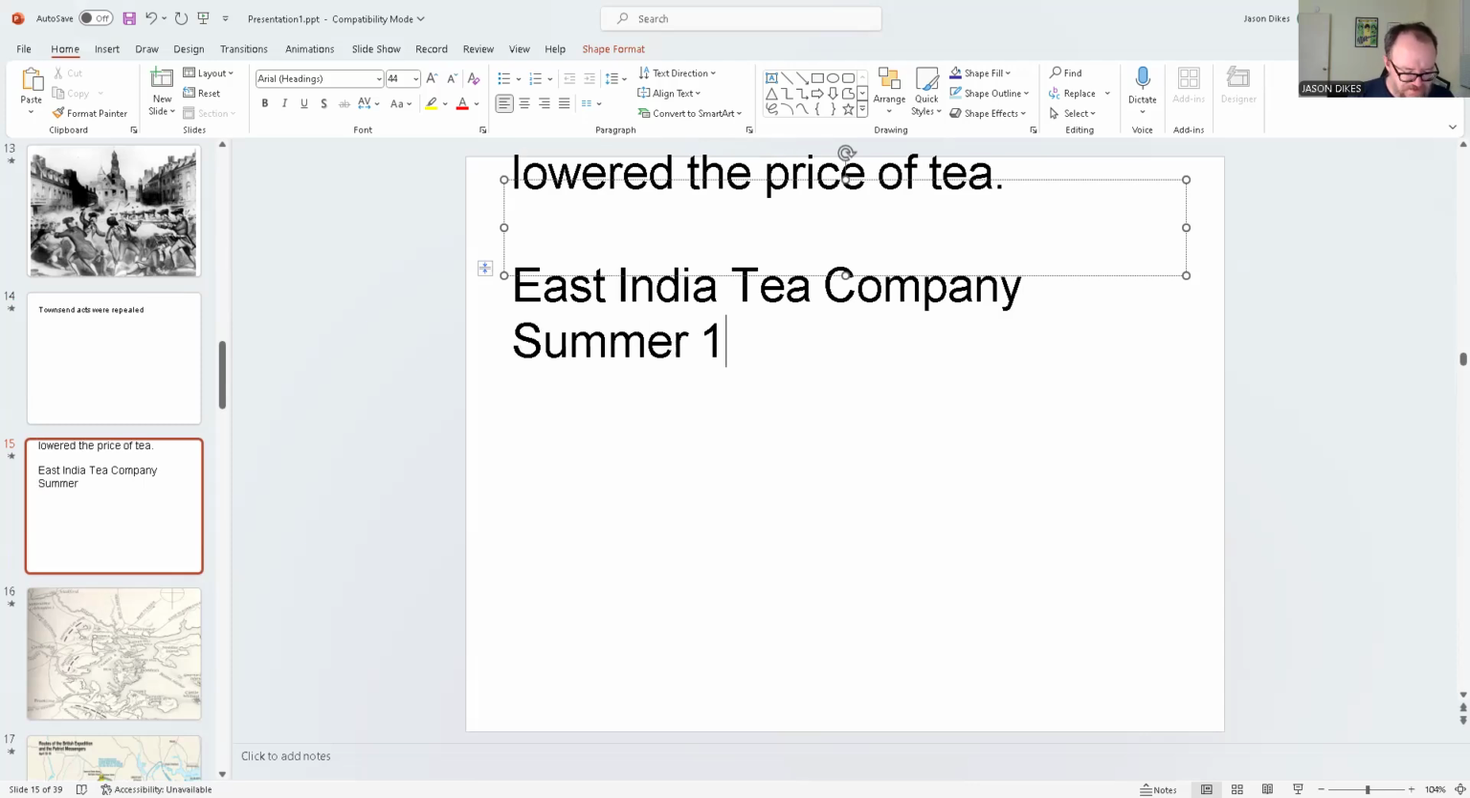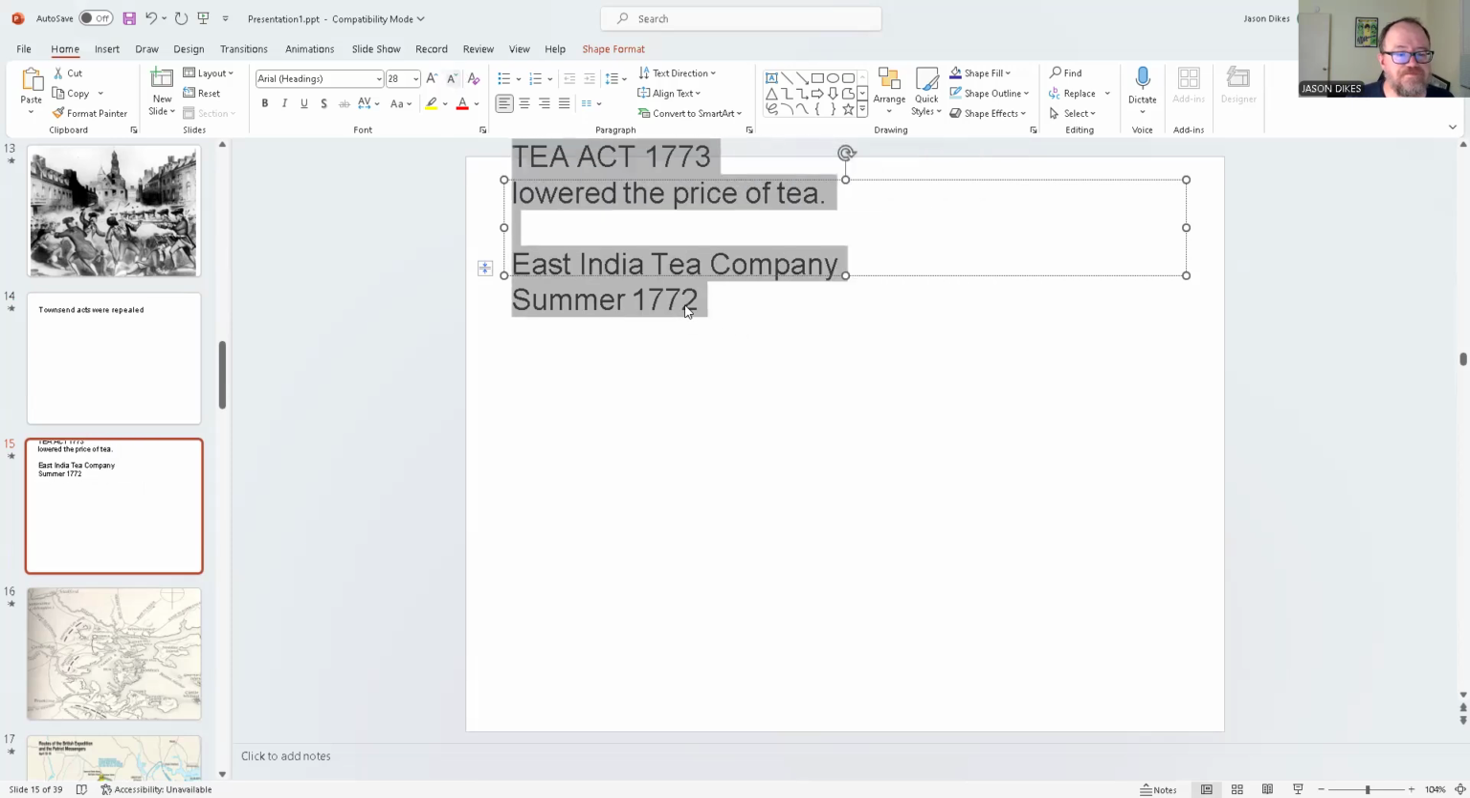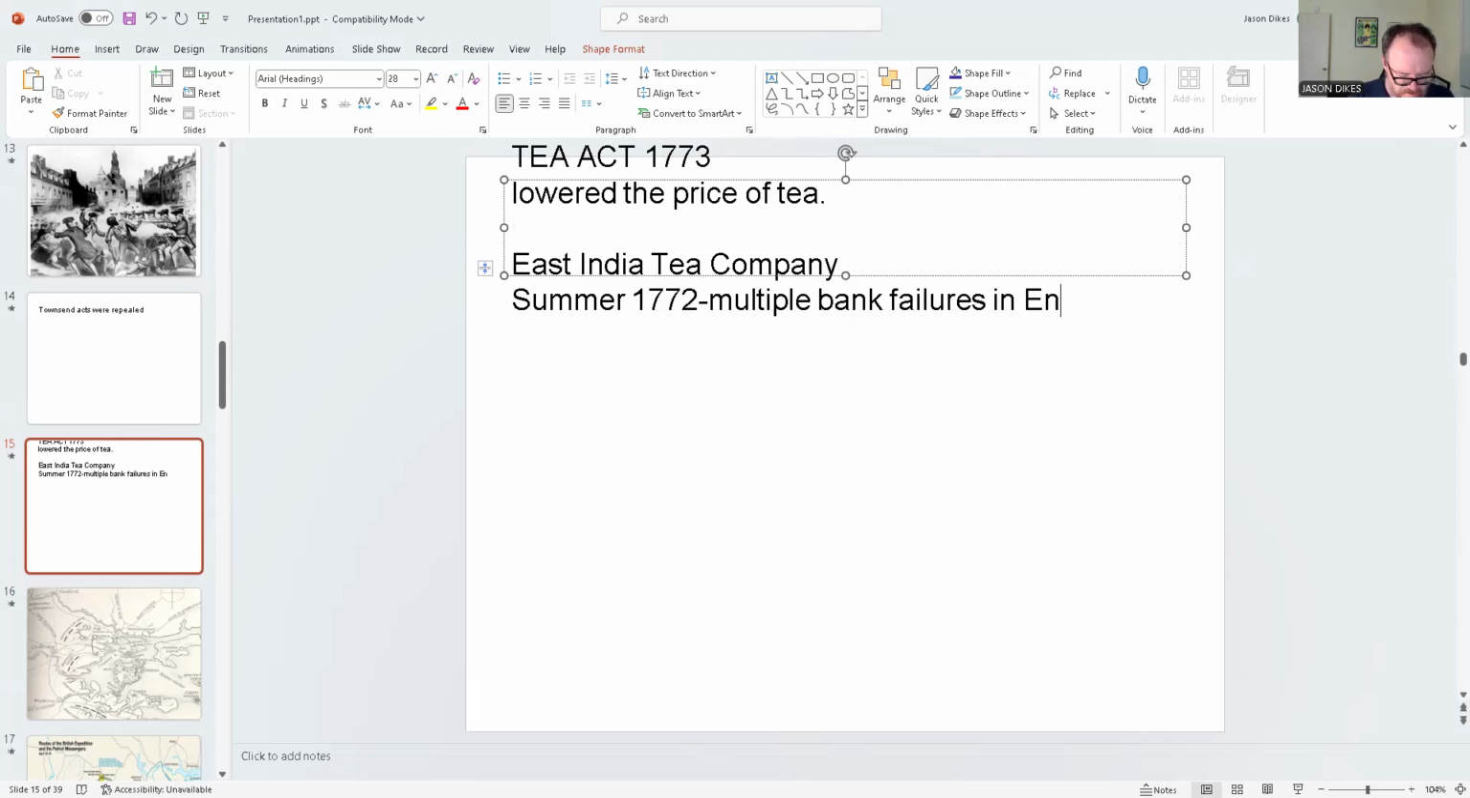In the summer of 1772, let me shrink and dink the font here. Multiple bank failures broke out in England. Well, hang on. Let's pause. Let's go back up. Let's start with the East India Tea Company. Okay. In 1771,